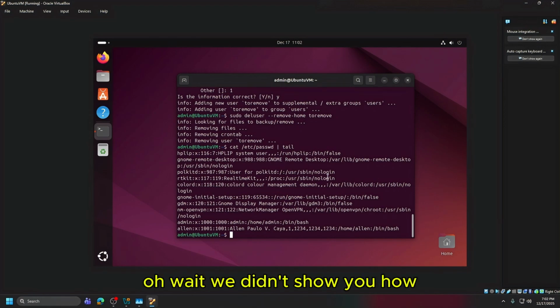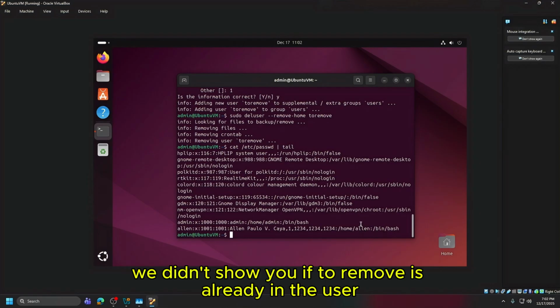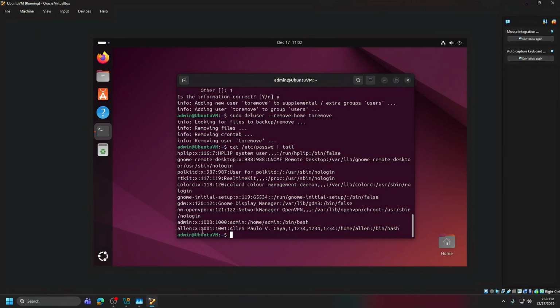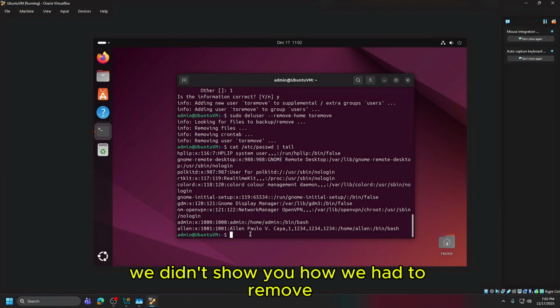Oh wait, we didn't show you how to add the user to remove, so I'm going to add another user.